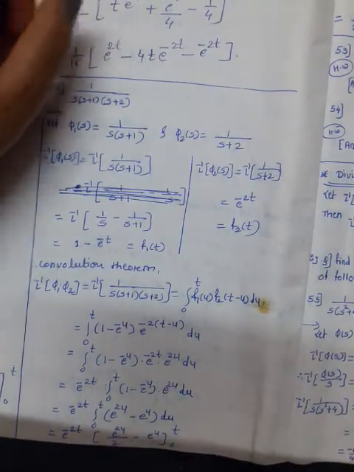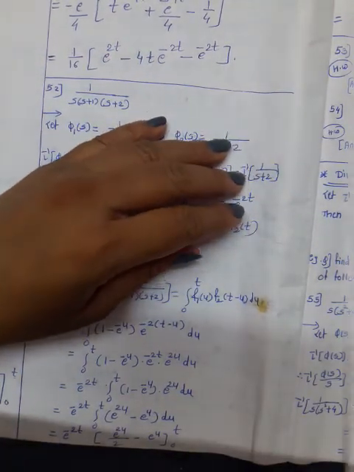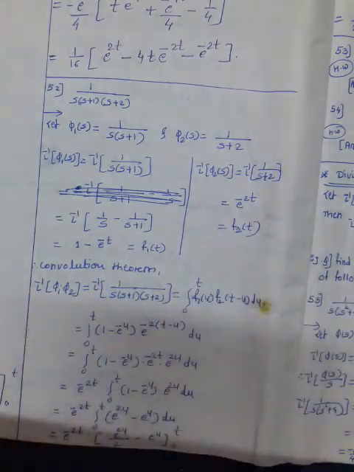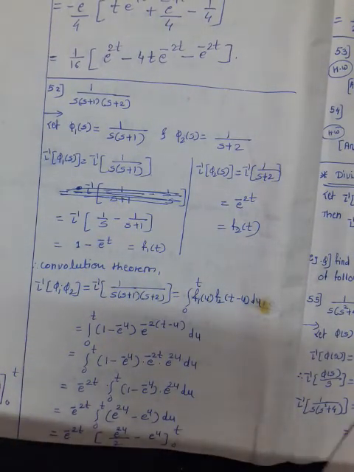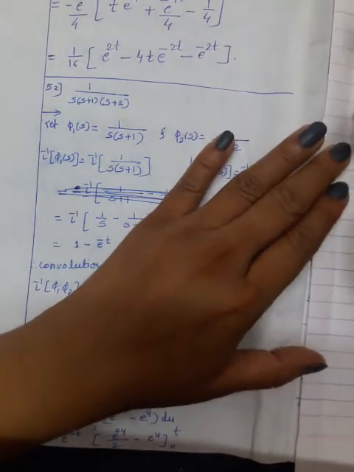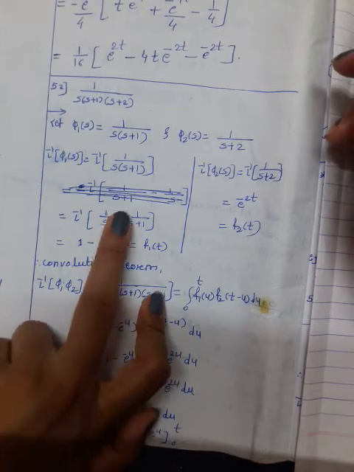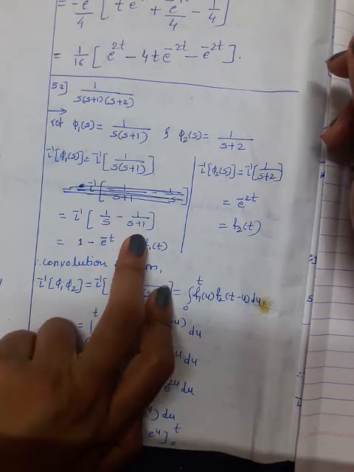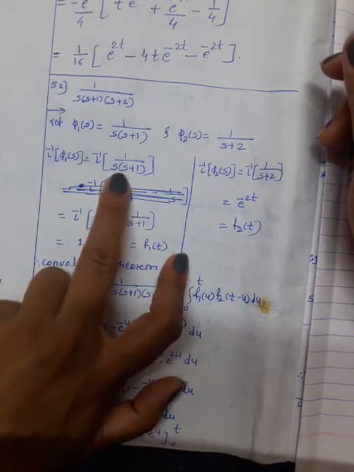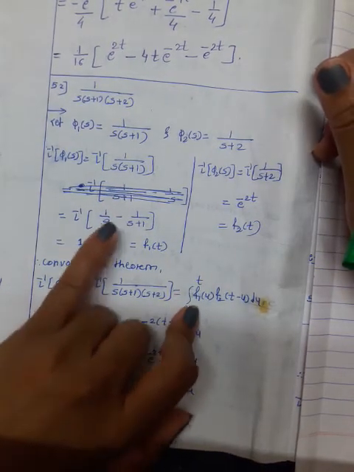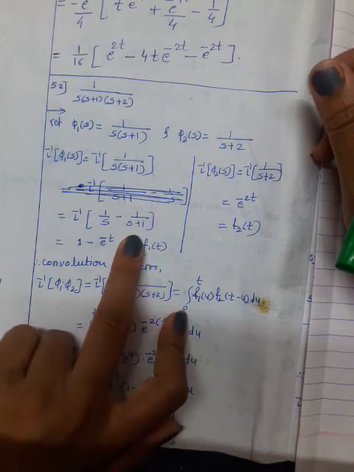Okay, we use that rule here. This one. Okay, this fraction splits into 1 upon s minus 1 upon s plus 1. You can do this for linear factors only. Okay, now take the inverse inside, we get 1 upon s, inverse is 1, and 1 upon s plus 1, inverse